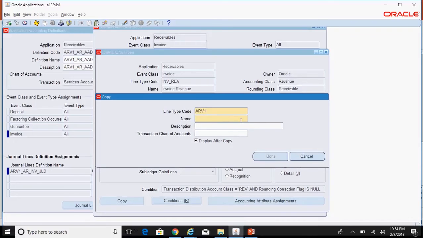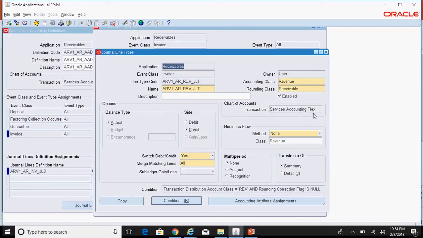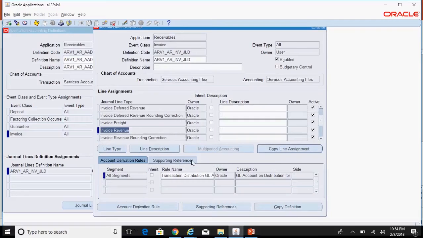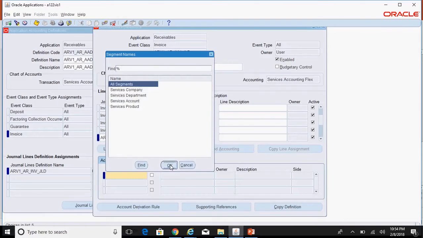You can just say ARV1_AR_revenue_JLT. Done. Close this. Press the down arrow and add this JLT, and again add the standard ADR,